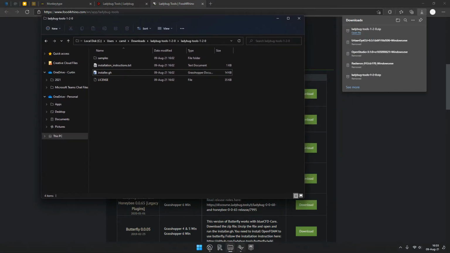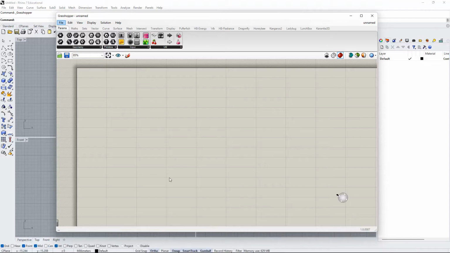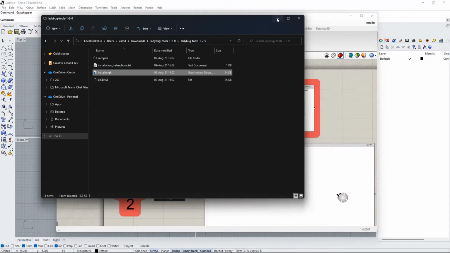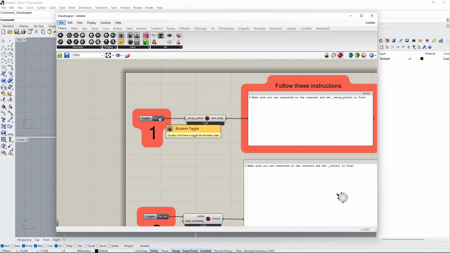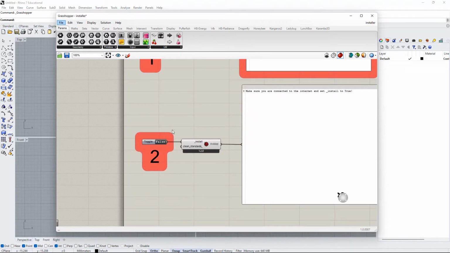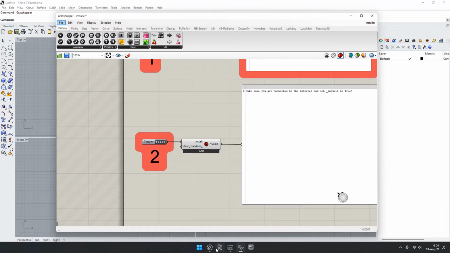And the first step is going to be as easy as drag and drop. And you double click this too. So first option, double click, it's going to install. And the second option takes a little longer and it installs as well. And that's going to give you some of the tools that Ladybug, Honeybee and Dragonfly, which is in here, and some of the basic tools that you can use,